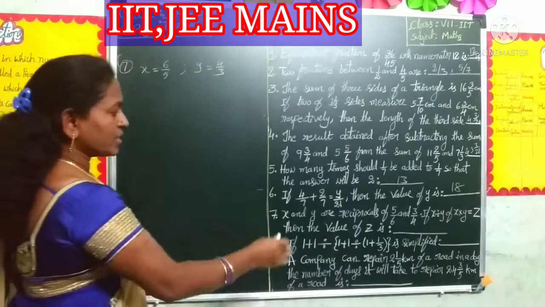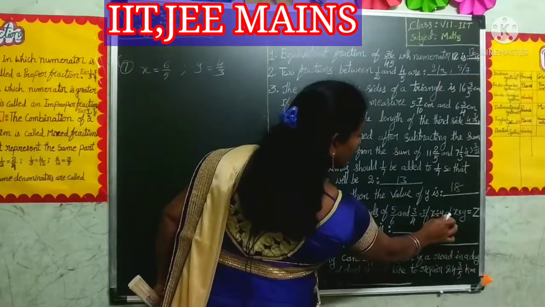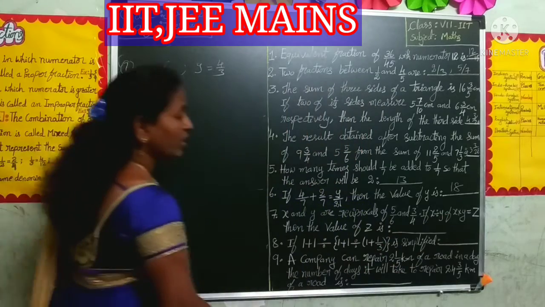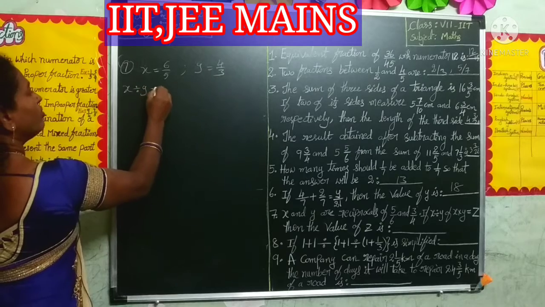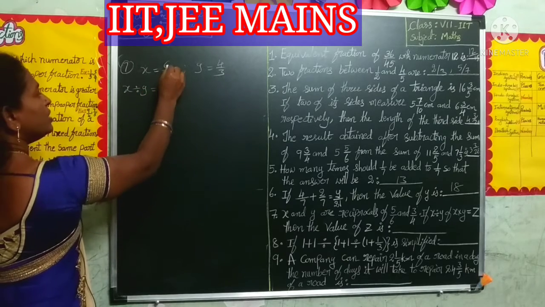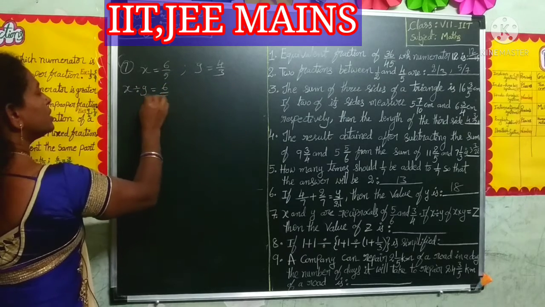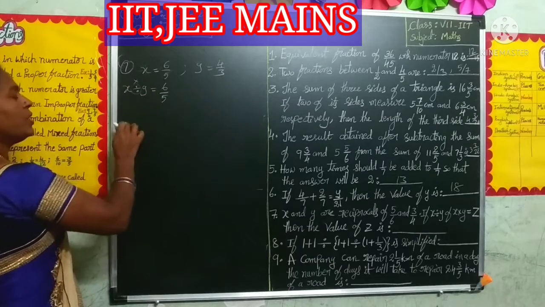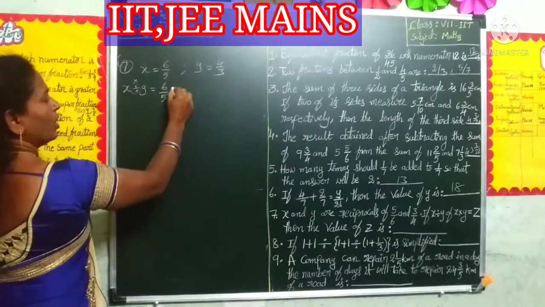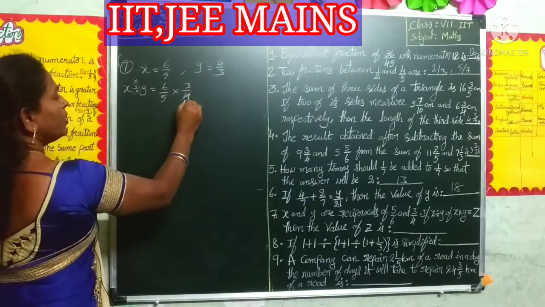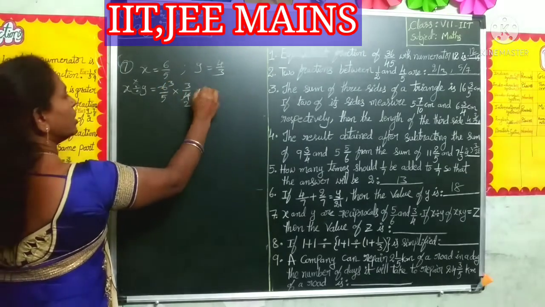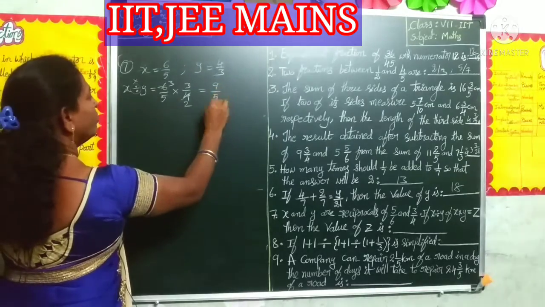Okay, what is the next condition? If x divided by y of x into y is equal to z. Now you have to find x divided by y. Here the x value is 5 by 6. Division sign converts into multiplication sign and the fraction becomes its reciprocal, so it is 3 by 4. Two table here, two times here is three times, that is equal to 9 by 5.